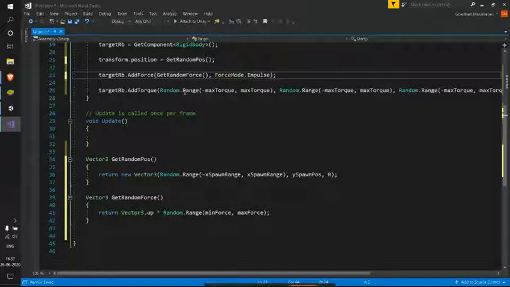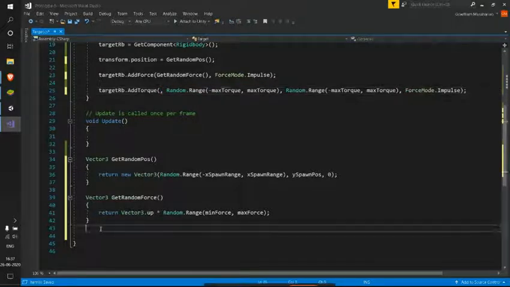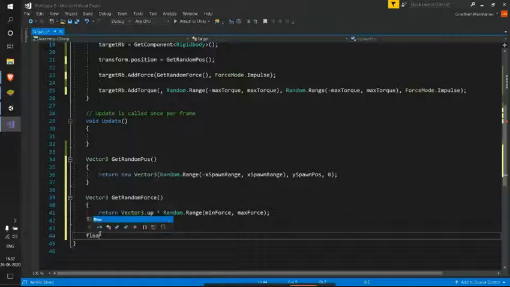So coming to here, let me generate a random torque. I'll be using that on each axis. So here this value is float, right? So I need to give my return data type as float. Get random torque.